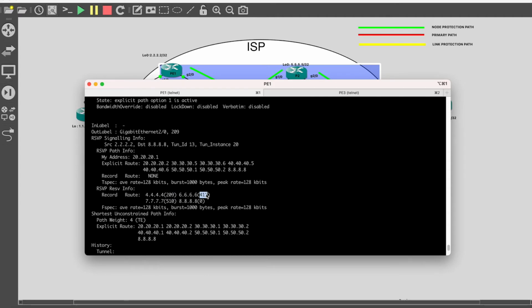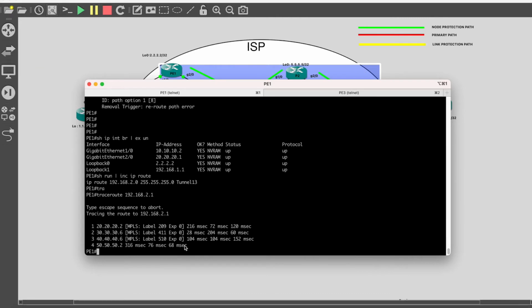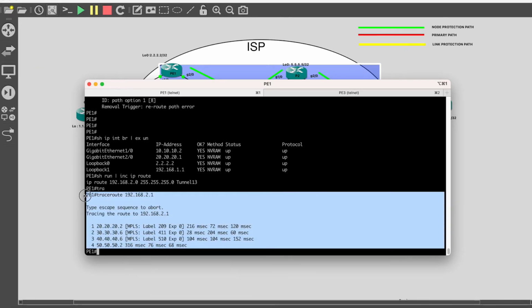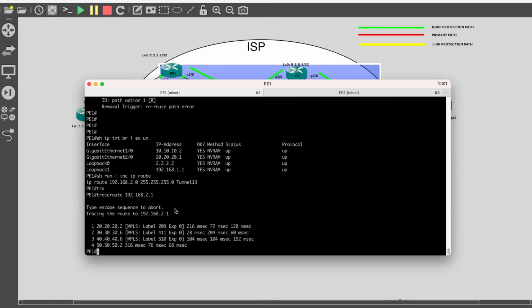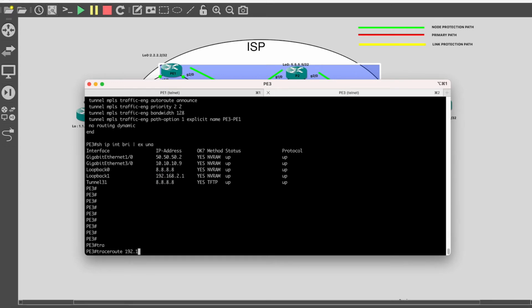just like it is given in the tunnel verification command. So this label was distributed with the help of RSVP in MPLS traffic engineering, and this is the same path it is taking. So there is no other path apart from this MPLS traffic engineering. So with this, we can assume that our MPLS traffic engineering from both sides is working, because I'm getting ping responses. If you want to trace from this side,